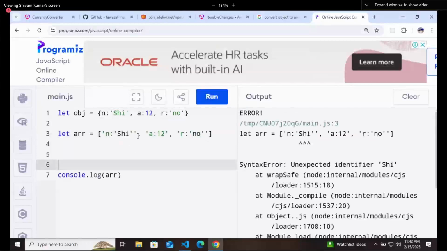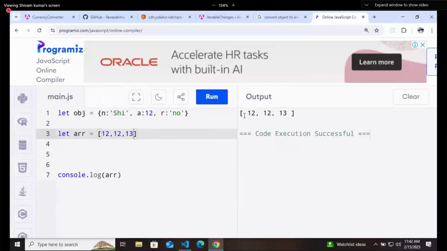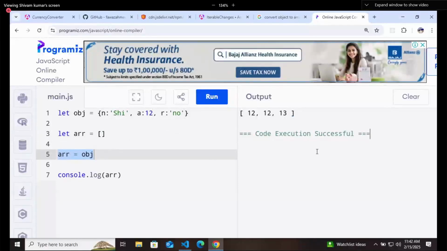Okay, so let me write normal values: 12, 12, 13. And you will see that the array is getting printed like an array. Now my question comes to you. How do you convert an object into an array? This is from JavaScript. You should be able to answer me this question.